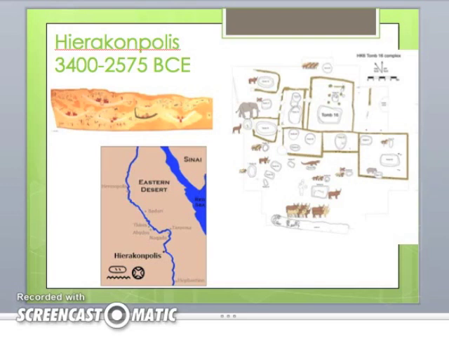So also important at Hierakonpolis is this particular tomb called Tomb 100, and it has a pretty elaborate painting in it. There's a small clip or cutout of this painting on the left side of this slide. And in this Tomb 100, there's a lot of imagery that makes us see that certain symbols and images might represent a change in society, might represent elites or kings.